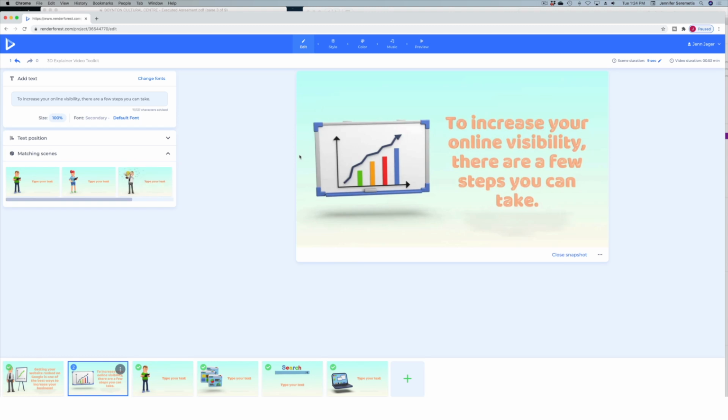So let's say I'm not really satisfied with this animation because I'm talking about digital marketing and this is a whiteboard. Even though I do like the graph, it doesn't really make sense with the context of my script. So I'd say the AI here was a bit of a fail, but we can go in and change that. So we're not stuck with what they generated or even with the matching scenes that the AI suggests